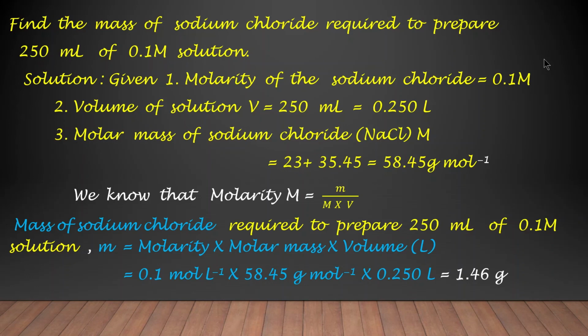Okay, so here the mass of sodium chloride required to prepare 250 ml of 0.1 M solution, small m, is equal to molarity into molar mass into volume in liter. So that will be equal to 0.1 mole per liter into 58.45 gram per mole into 0.250 liter. So this will be equal to 1.46 gram. Okay, so dear friends, 1.46 gram is the mass of sodium chloride required to prepare 250 ml of 0.1